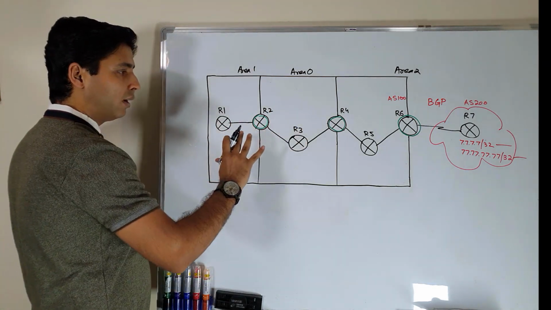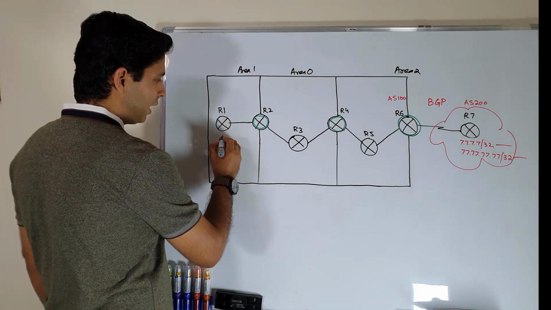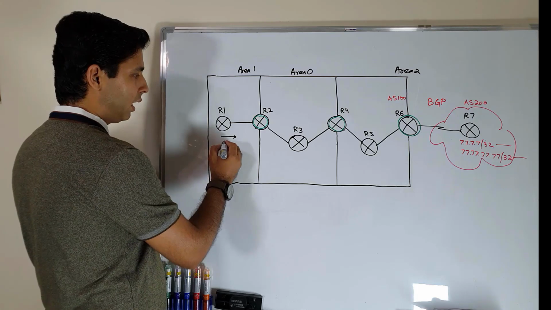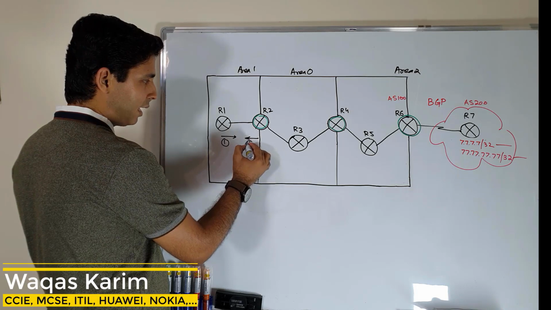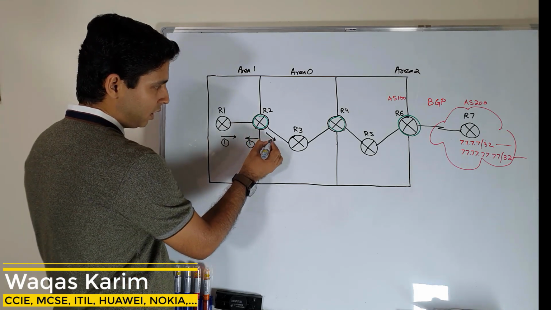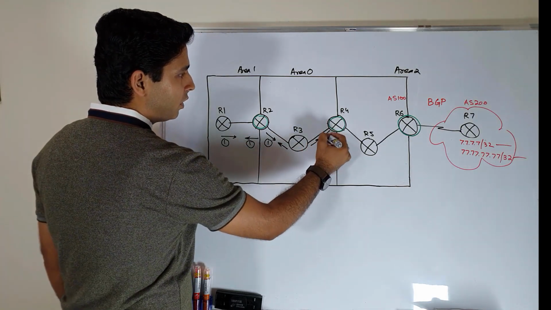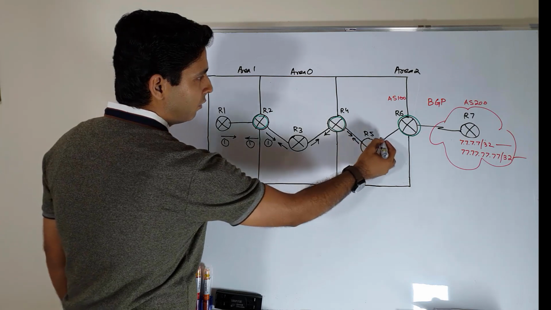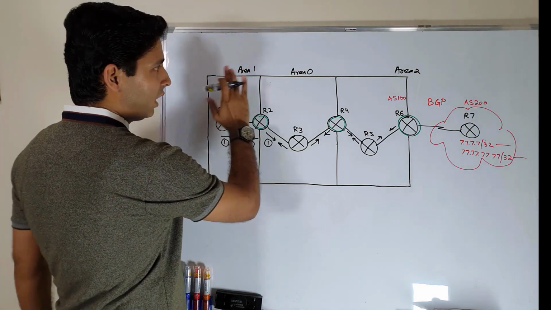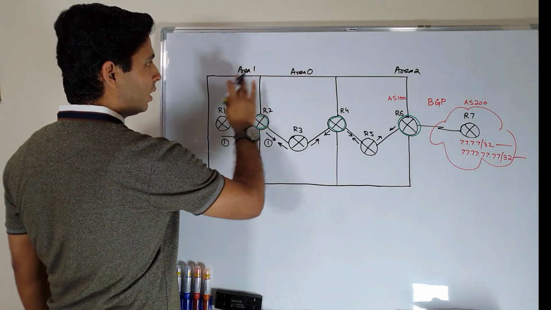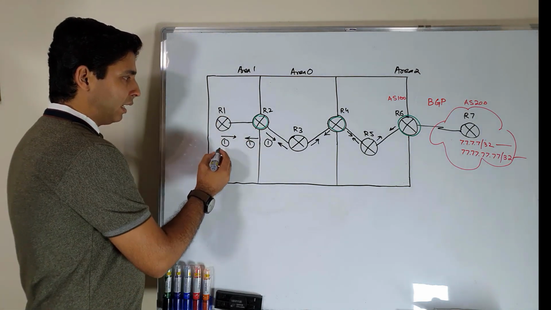Let's go one by one into all of the LSAs. So LSA1: let's say we have turned on the topology, router 1 will generate LSA1 and send it to R2. Similarly, R2 will generate LSA1 and send it to R1. R2 generates LSA1 towards R3. R3 also generates on all of its interfaces, R4, R5, similarly until here, and then the OSPF domain finishes here. So basically we have 3 areas, area 0 which is also called the backbone area, area 1 and area 2.